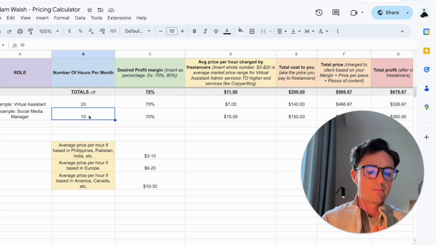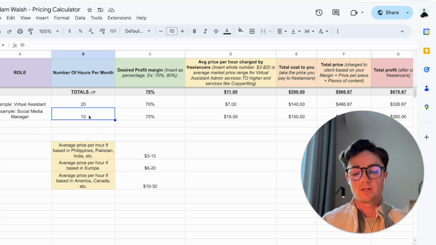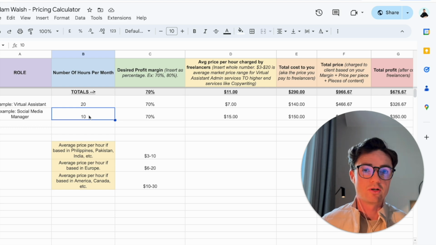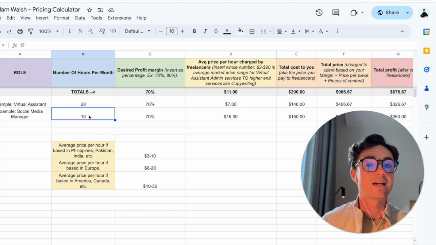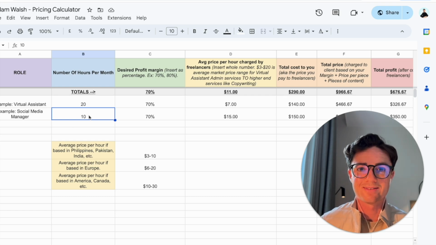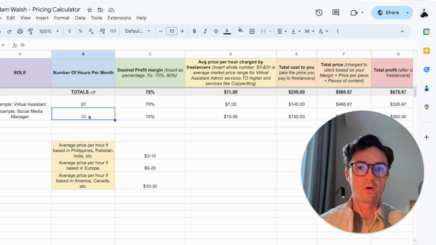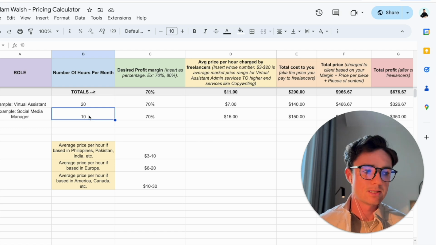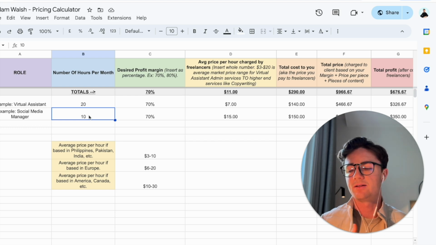If you're going to work with a much bigger company, and you're going to be managing their comments and their messages, you can estimate that you're going to spend at least double the amount of time each day on that specific task. So this is very important to have this conversation with a business, to look at their page and maybe even get them to pull it up on their phone on the call and show you how many comments they get a day, and whether they get many messages.